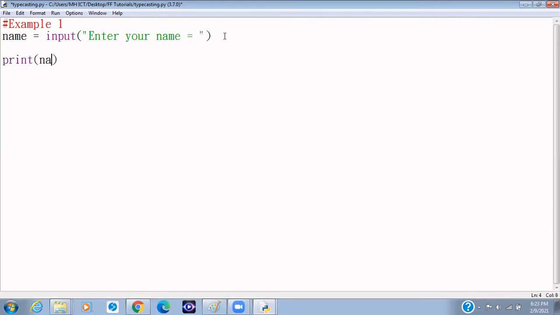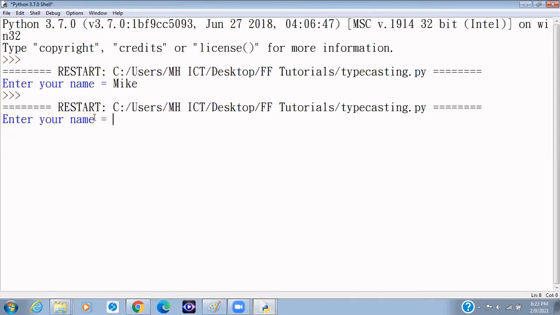Let's print out what we have in name to see what happens when we type in our name. So now let's run it and see. It's asking again this time around, enter your name. So when I type in Mike and I press enter, can you see? It's giving out Mike, because